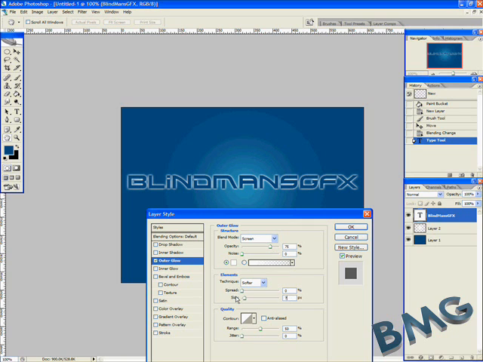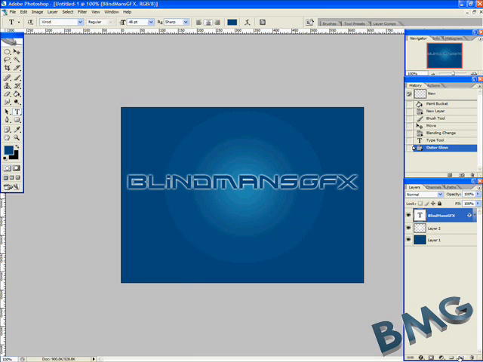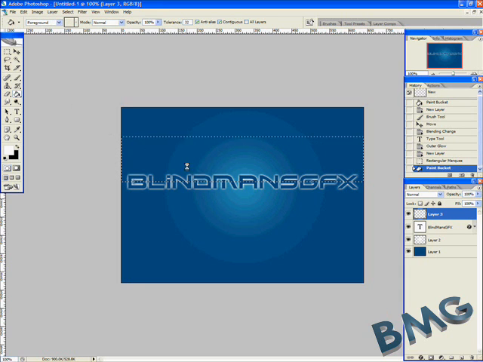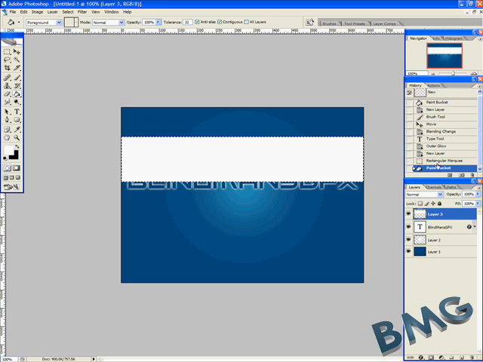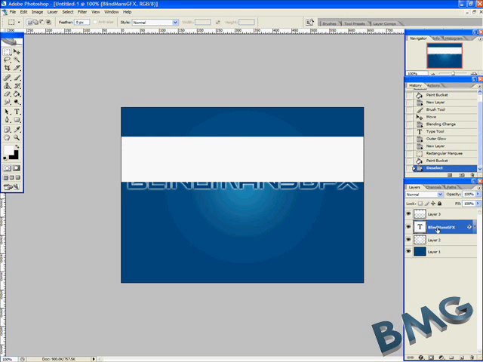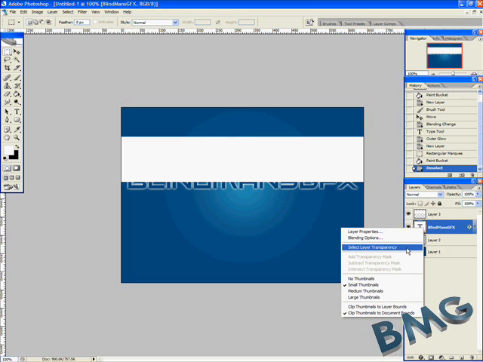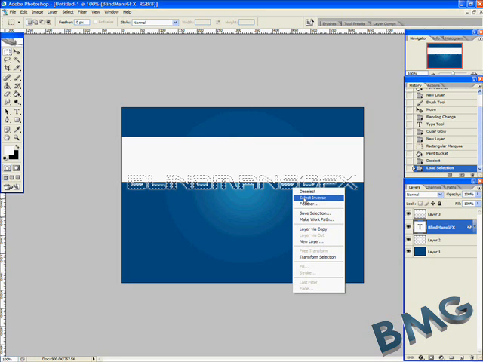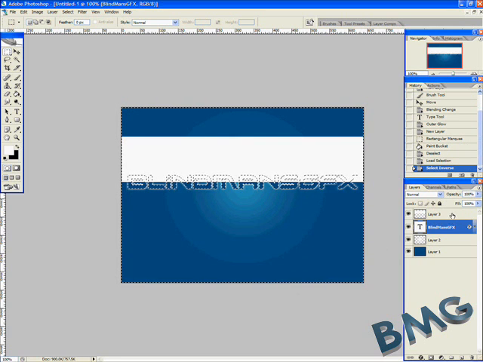Next, create a new layer. And take your rectangle marquee tool. And drag from, it doesn't matter how high up you drag, but stop halfway down your text. And fill the selection with white, then deselect, and on your text layer, right click and select layer transparency, and in the selection right click and select inverse, then back up on your white marquee layer, press delete